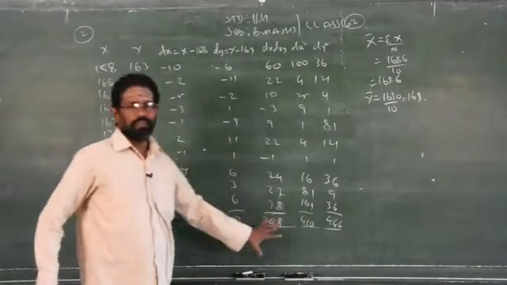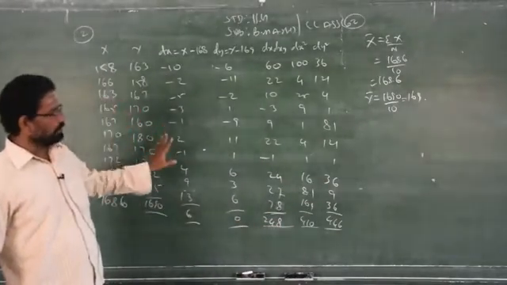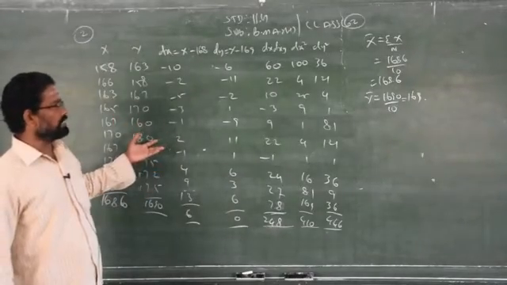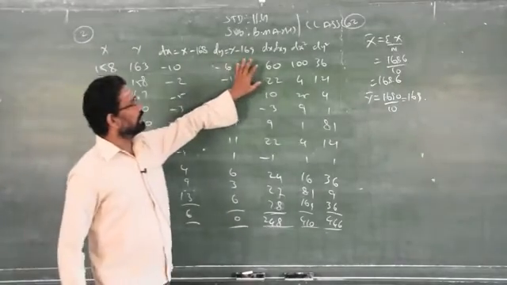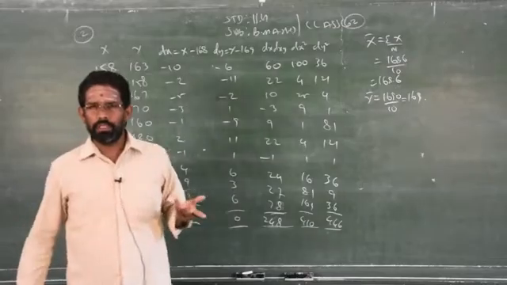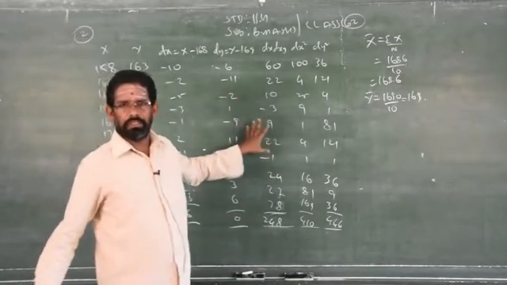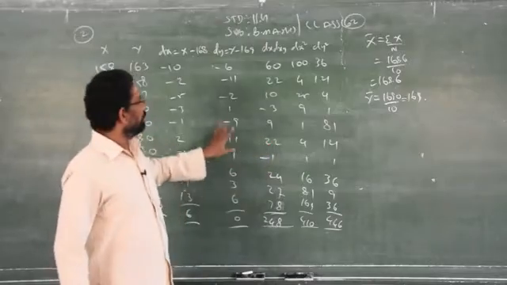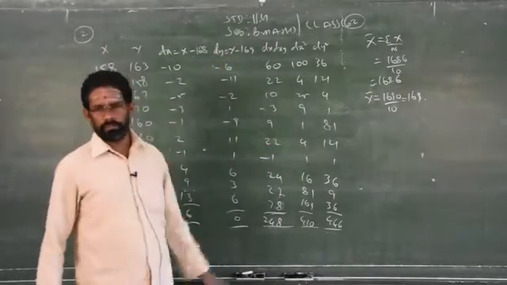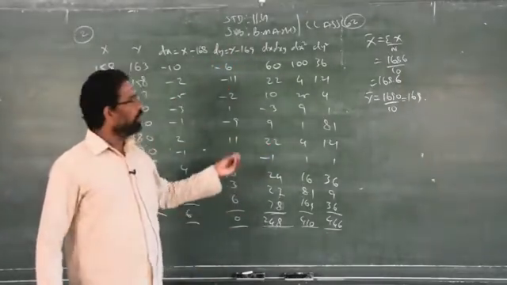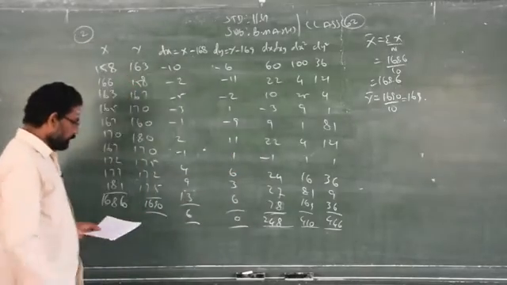So, you will get the tabular column. This is similar to that exercise 9.1. Based on the assumed mean, we did not do any single problem so far, but this is the method to find the tabular column by using that assumed mean. Clear? So, now you have to use that formula to find.